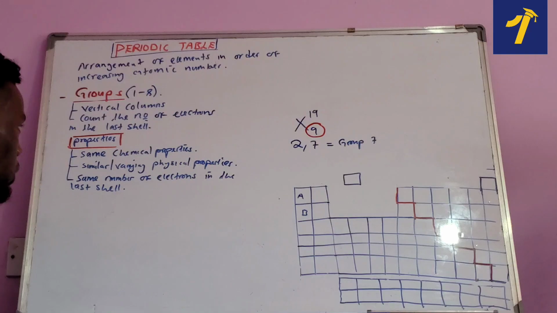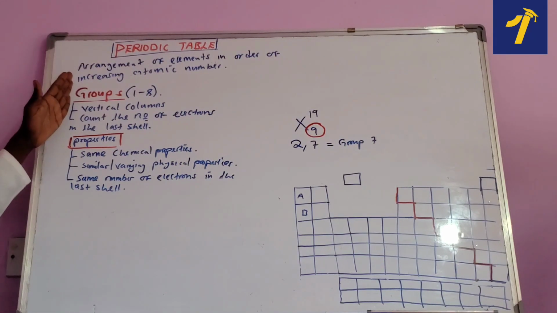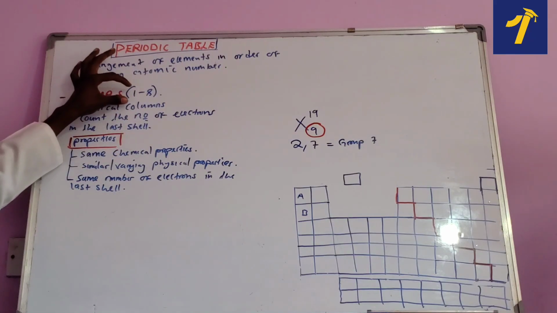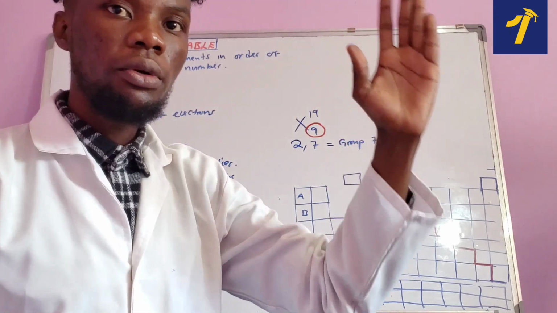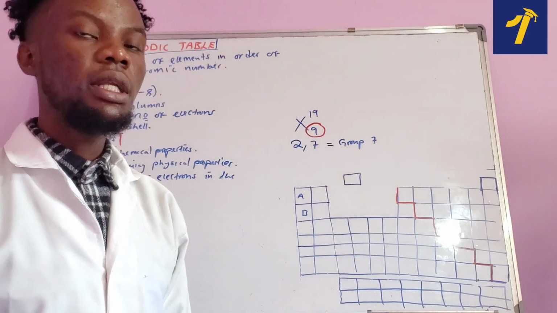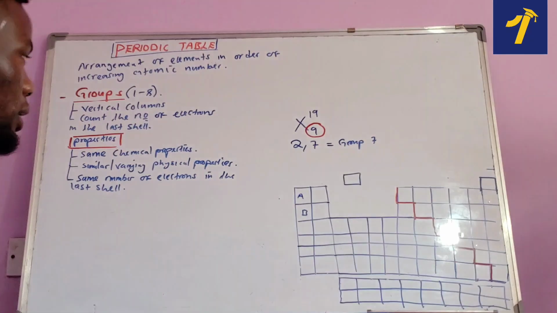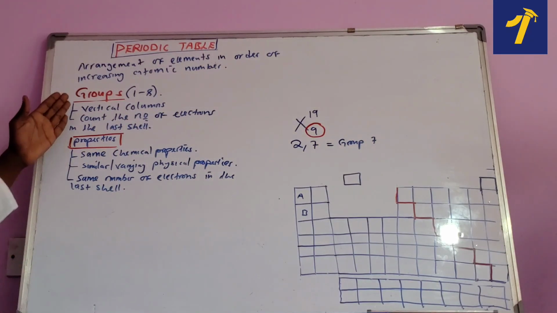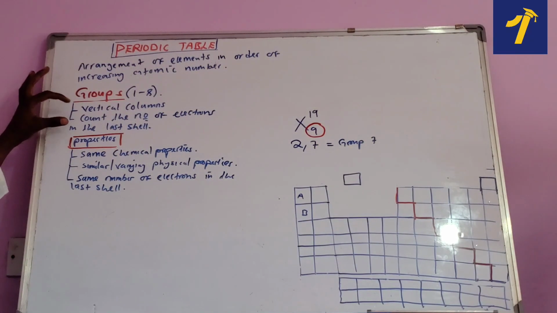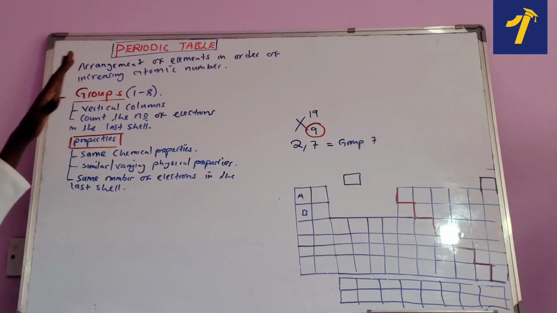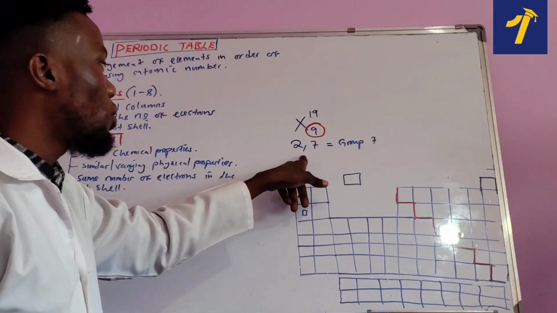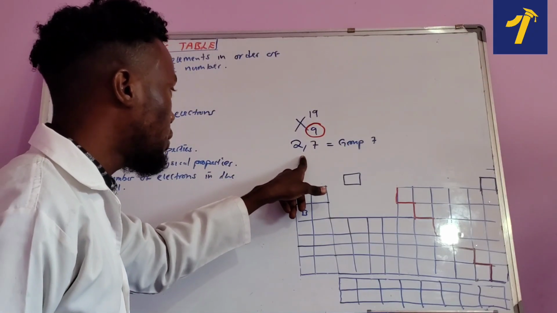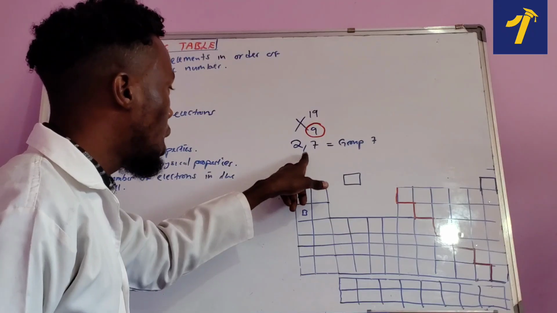So in summary, what we have talked about is, what are the groups? The groups on the periodic table are vertical columns, and they're numbered 1 to 8. So there's group 1, group 2, group 3, group 4, up to group 8. Okay, those are the group numbers on the periodic table. And another important thing we said, okay, how do you identify that this unknown element is in this group? Then what do you do? First of all, you write the electronic configuration of that particular element or atom that you have been given,